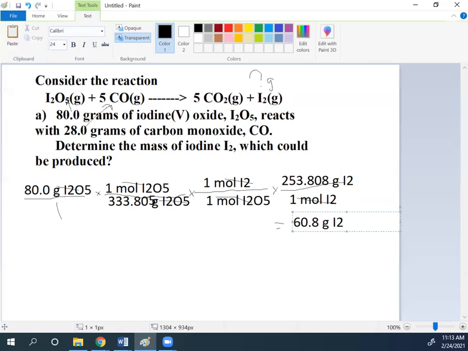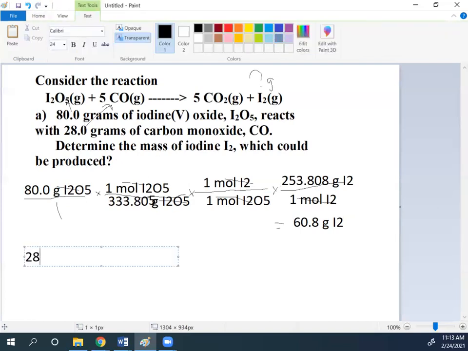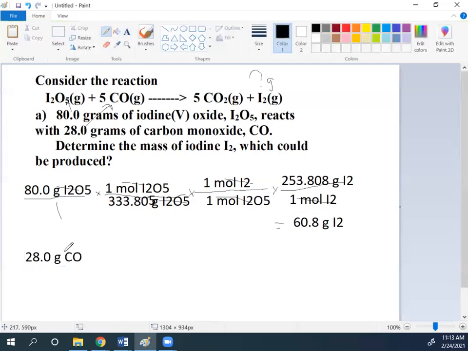All right, so you're not finished yet. Because when they give you 2 masses, or 2 moles, that means you got to do 2 problems. So now I need to do the other known information I have. My other known information is dealing with what? 28 grams of carbon monoxide. So 28.0 grams CO. And I'm going to put that over 1